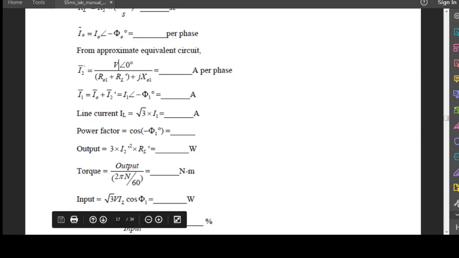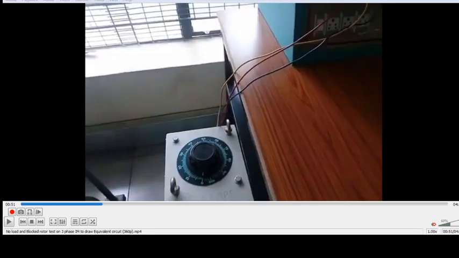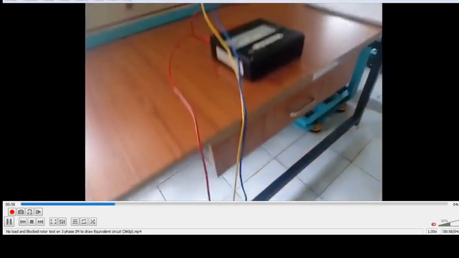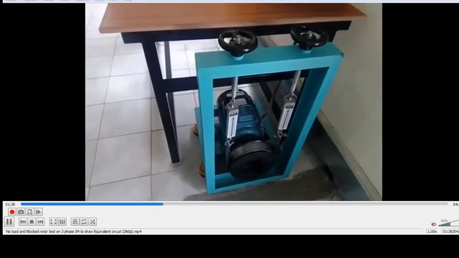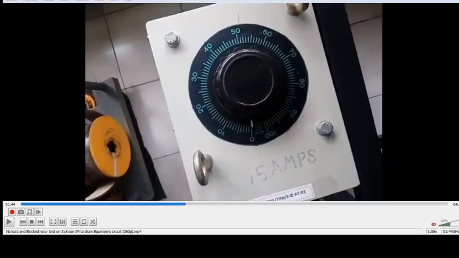for the machines lab for this experiment. Let's show something in practical. So this is an auto transformer. It is fed supply inside, and by varying the value it goes to the outside, and the connections are connected to various meters. This is our motor, and only when S1 and S2 are tightened does the motor get loaded. When S1 and S2 are not tightened, the motor runs freely.